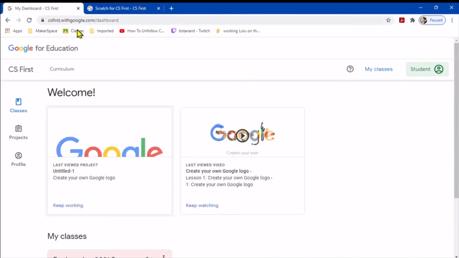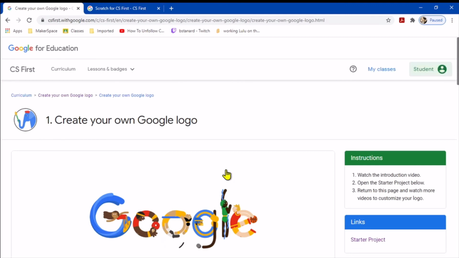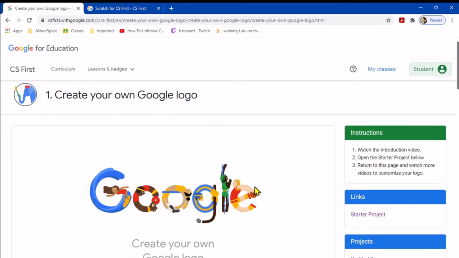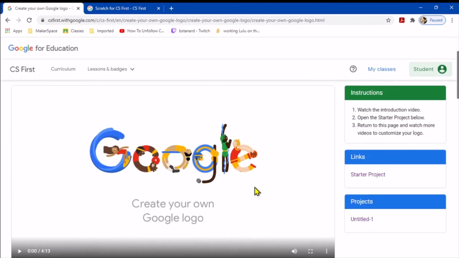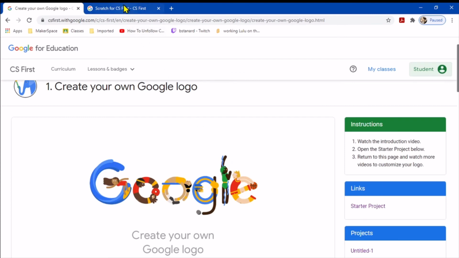Okay, and then if you click on the next one, the one on the right, that will take you to where all the videos are housed. Okay, and again, you can jump back and forth between this video